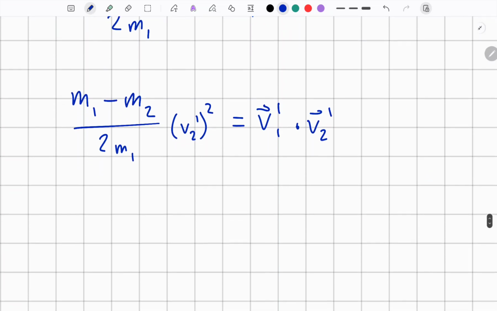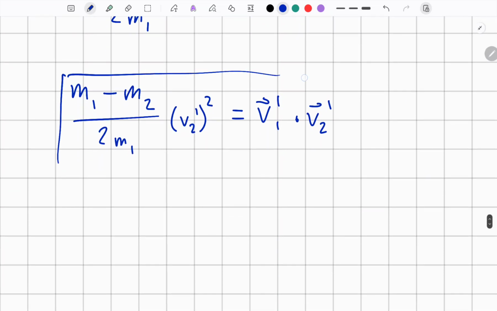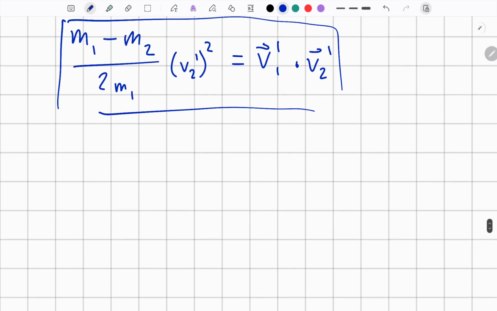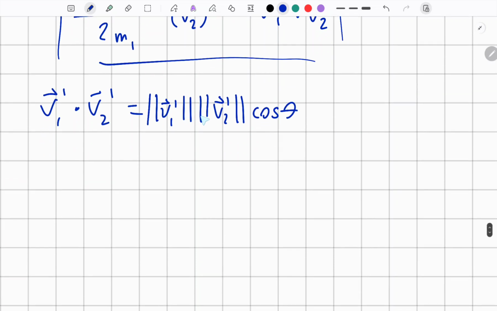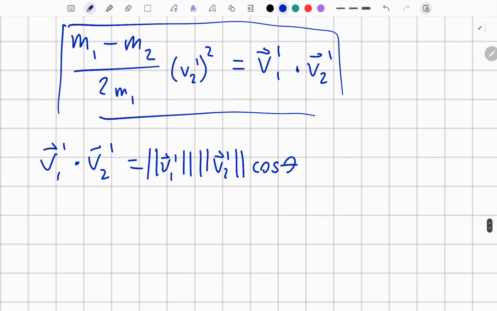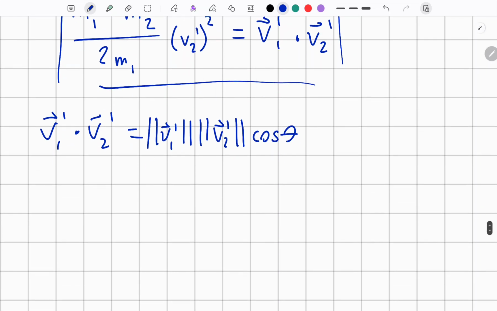Now, we know that our cosine, this becomes important here in a second because we're dealing with theta. We're trying to find the angle between these two. So we know that our dot product of these two vectors is the magnitude of each multiplied together times cosine theta. These are going to be positive, so they're not going to affect our actual value of our cosine theta. But this right here,